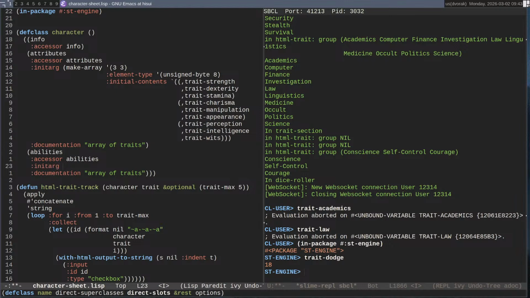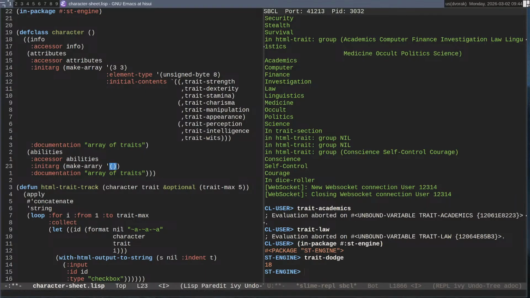Init arg. Make array. Now, does it make sense for this one to be different array, multi-dimensional arrays? And I ask that question because, it's fine. It doesn't matter.